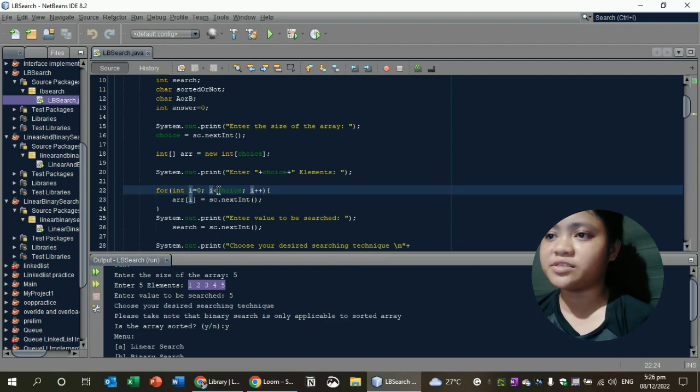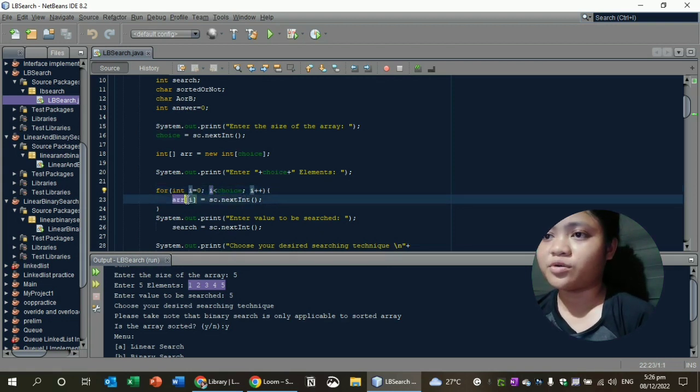Right now I is 0 and our choice is 5, which means 0 is less than 5 is true, so we are to continue. We did another scanner call here, so it allows us again to input something in our program,